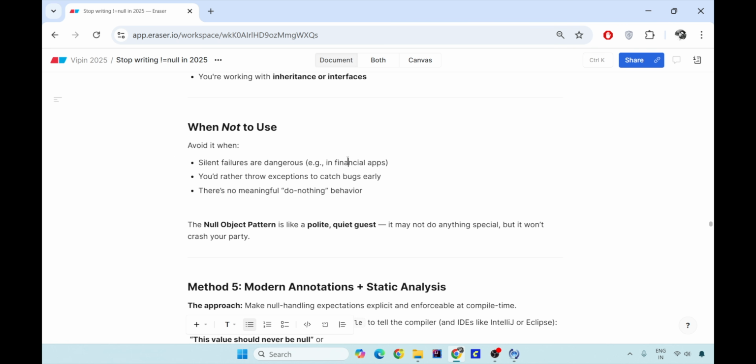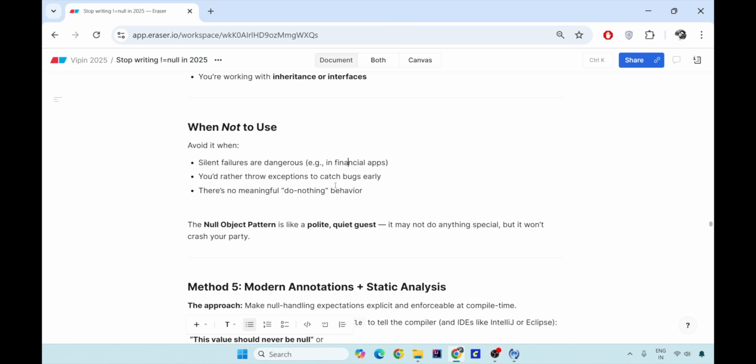So silent failures are dangerous in banking applications. There, what you need is the third pointer that we have discussed, that is fail fast. That if the user is not present, throw an exception then and there that the user is not present. I will not wait for you to get into the system and then try to fetch the bank account number for that user, only to find the user is not even present in the database. Throw the exception as soon as the user tries to log in.